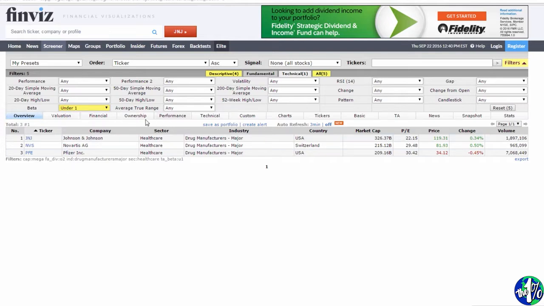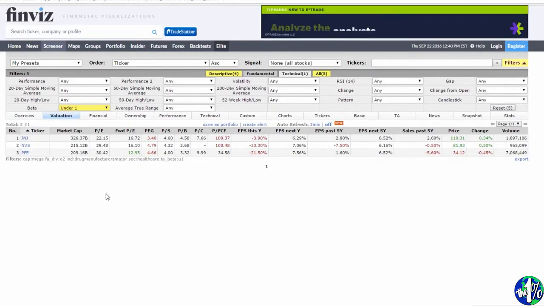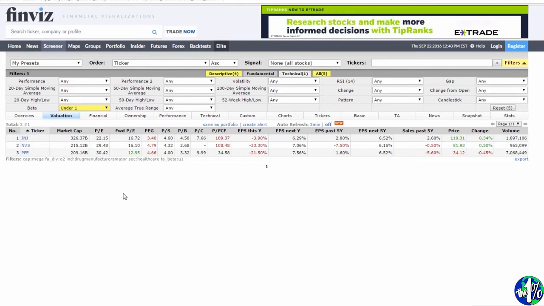So let's just start going through this ribbon here, because this is going to maybe show us some more stuff. First is looking at valuation, some of these valuation ratios. We looked at that price to earnings. We saw that was lower. You can see in terms of market cap, Johnson & Johnson is even bigger than Novartis and Pfizer, much bigger, big established company. Looking forward at the forward price to earnings, Pfizer looks like it's going to come down as far as its forward-looking price to earnings. Once again, that PEG ratio,